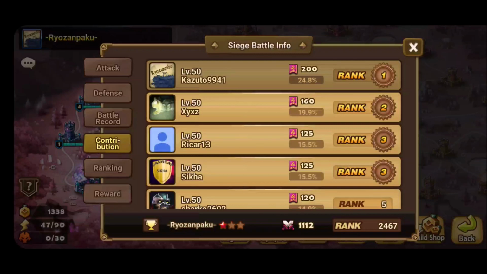which equaled out to 24.8% of the contribution. And so, let's say we won that, and the guild gets 5,400 points. I would get 24.8% of those 5,400 points, which equals 1,339 guild points. And so on the last siege alone, I got over 1,300 guild points, and a lot of this came from defenses. Now in a typical siege, I'll get anywhere between 700 and 1,000 guild points, and usually between 300 and